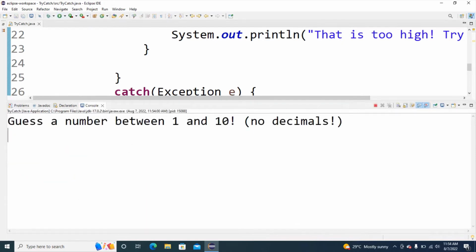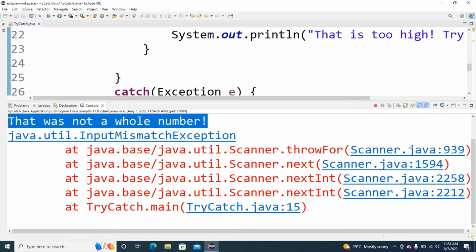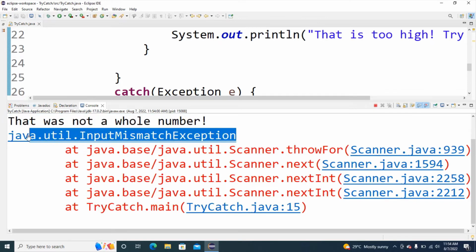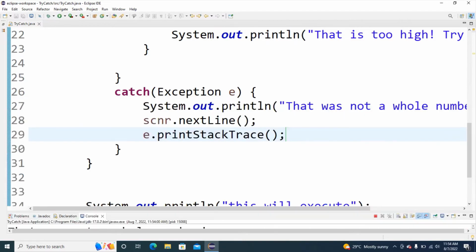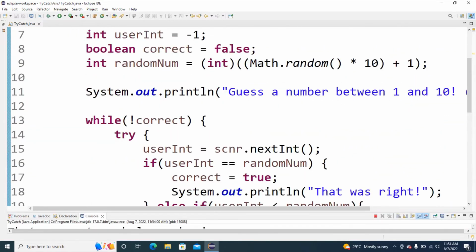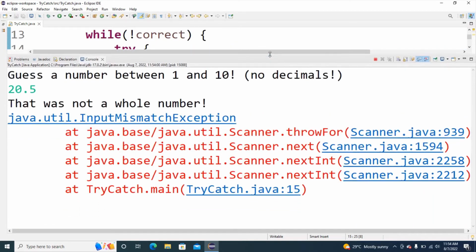So we get, guess a number between 1 and 10. We tried 20.5, and then it says "That was not a whole number." And then it prints the exception, which is the InputMismatchException. And it tells us where it's happening. It's happening at TryCatch.main, which is the main method of our class that we're in right now. And it's happening on the 15th line. The 15th line is where we try and store the int into userInt,